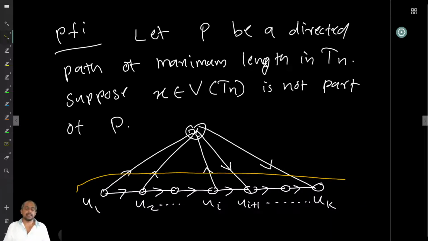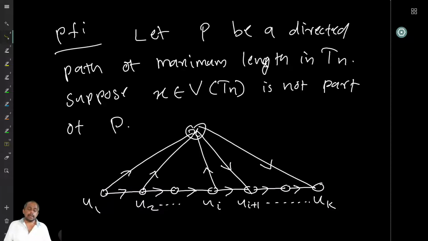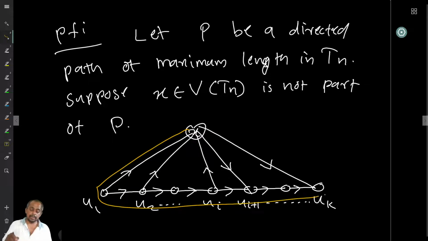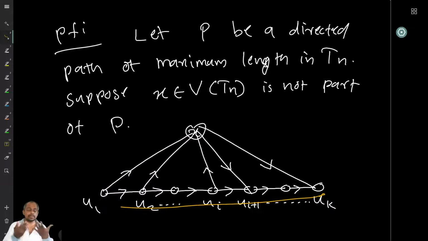uk. So look at this maximum length path, and because it is a tournament, the vertex x has edges connecting the uis and x. So all possible edges are there. Each edge is present here, but it could be in an arbitrary direction. Now one thing that you can immediately see is that the edge from x to u1 cannot be there. It should be from u1 to x, because if the edge from x to u1 is there, I can start the path from x, go x to u1, continue along this, and I get a larger path. So therefore that is not possible.